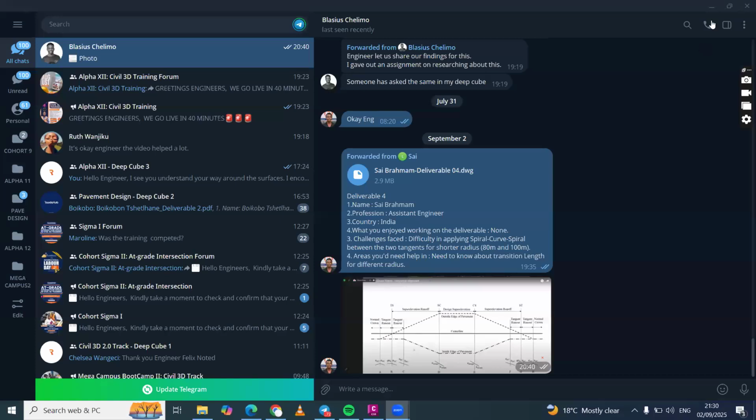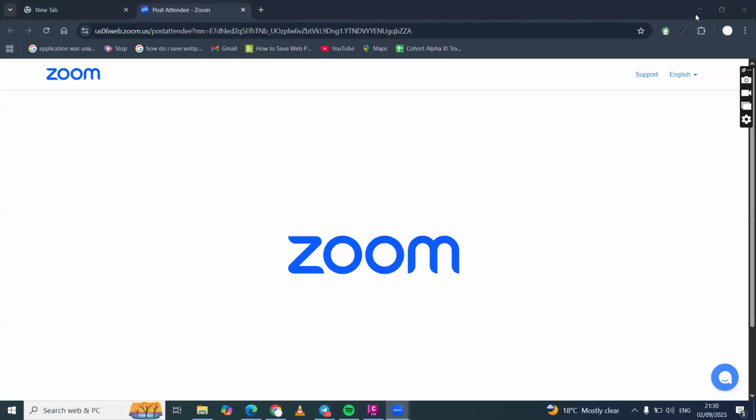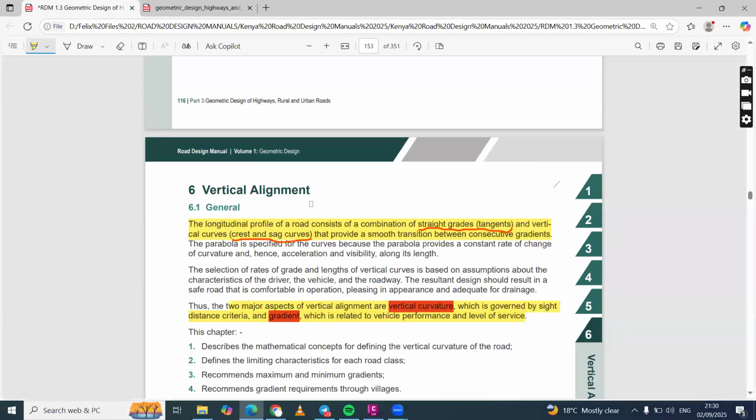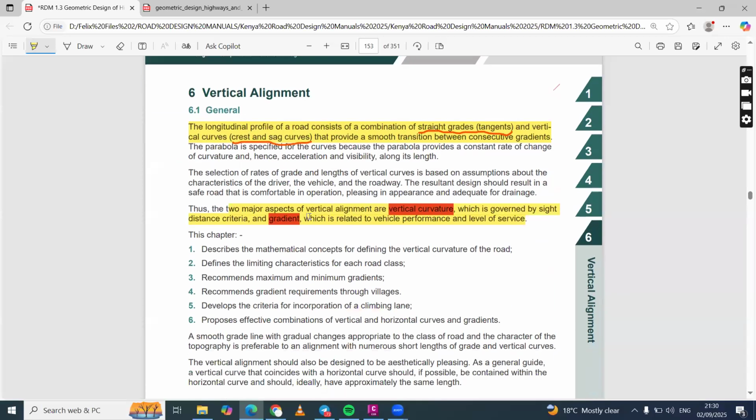So I will share my screen and we will get straight to the RDM 1.3, which is basically the guide that we abide by within the Kenyan country. But remember, this manual, I know it borrows heavily from AASHTO, and of course it has been configured to fit into the local